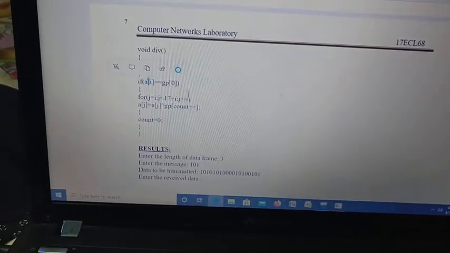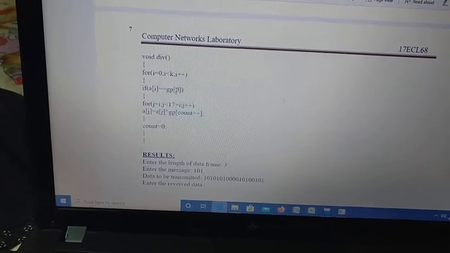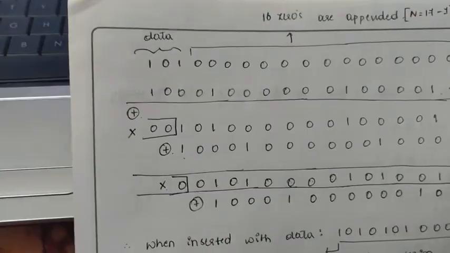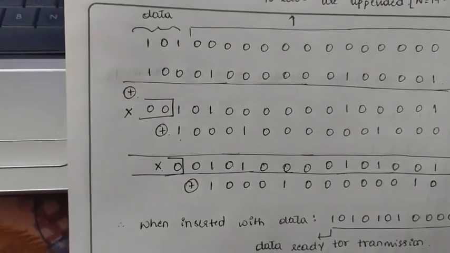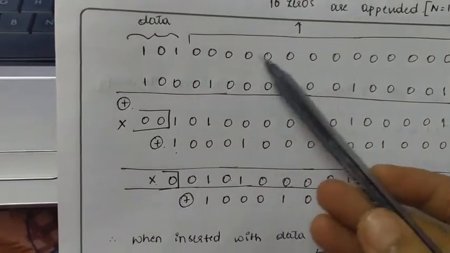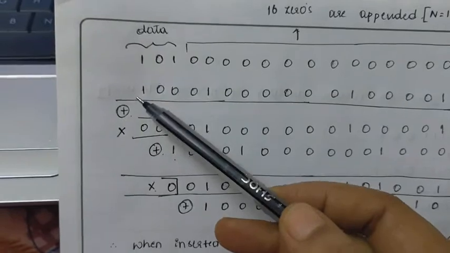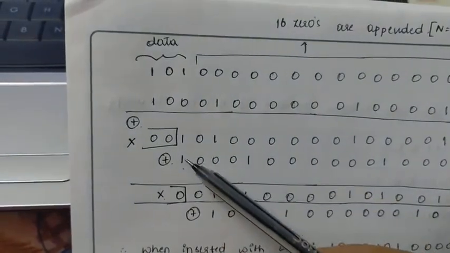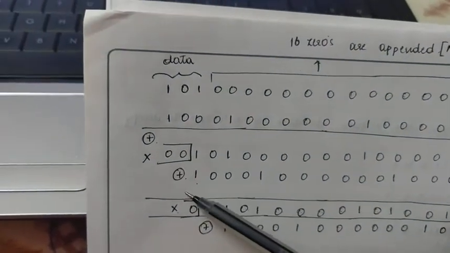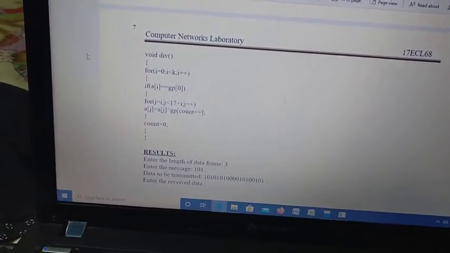Why is this operation performed? Because, as I showed in the calculation, the XOR operation is performed when we have 1, not at 0. So that's why this checking is performed.